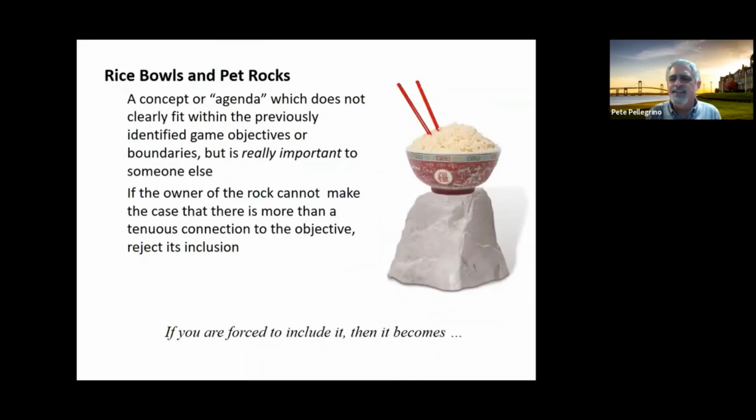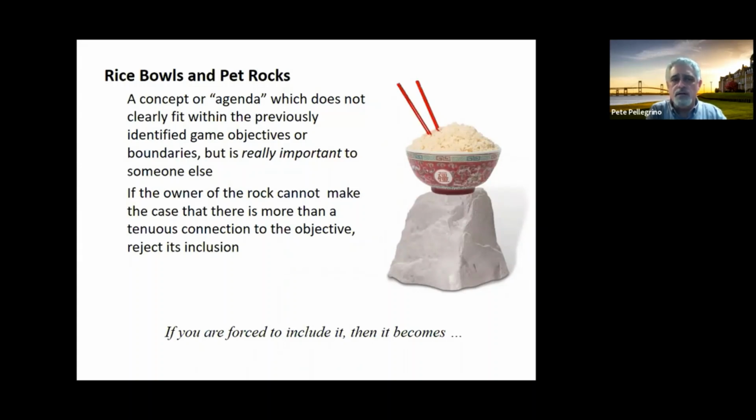All right, this is where it's pretty clear when you get somebody who has come to the game because, by God, they've got a message to push at the game. And usually the reason we pick at these as being problematic is that the ones that fit within our play space we're happy to accommodate. It's usually stuff that doesn't. That's by definition what makes it a rice bowl or a pet rock. And we're not debating its importance. It's just not important to my sponsor potentially, or it's not important for me to get to the objective of the game. So oftentimes, and I'm going to give away a secret here.